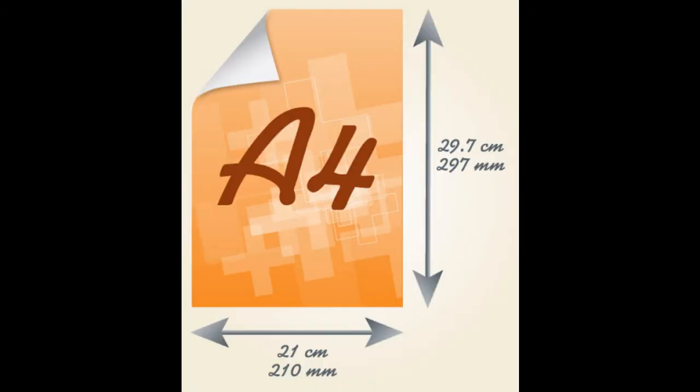Let's take an example of A4 size paper and then we will look at the chart of the A size paper series. As we have seen, the aspect ratio, which is the breadth to length ratio, is 1 is to root 2. We can see that the A4 size paper having the dimensions 210 mm by 297 mm fits perfectly. When we multiply 210 mm by root 2, we get 297 mm, which is the aspect ratio of 1 is to root 2, or the breadth to length ratio. So this is the uniqueness of the A series size paper, and now we will look at the chart of the A series paper size.